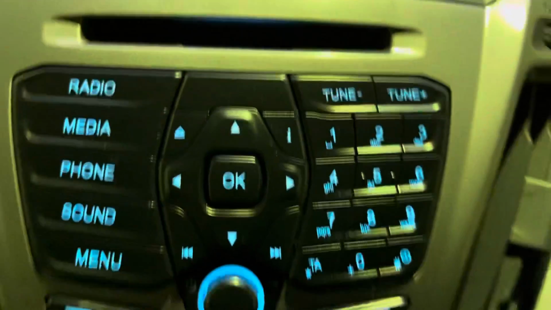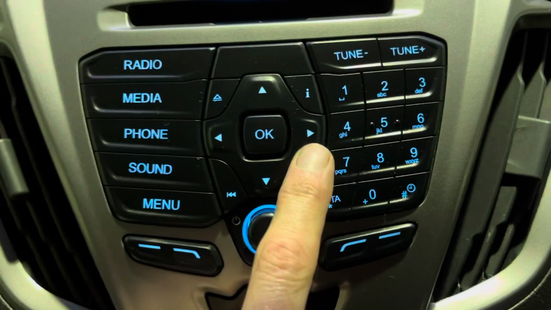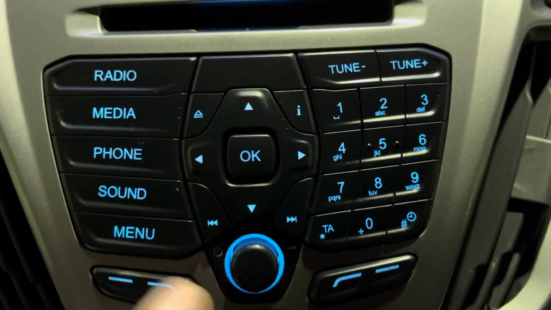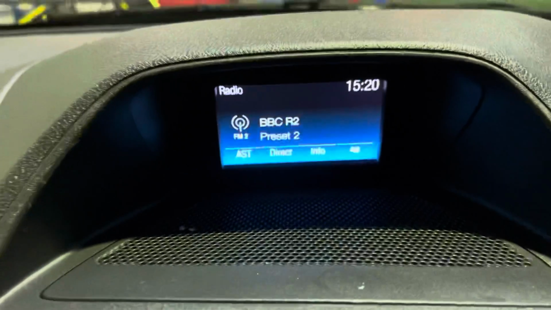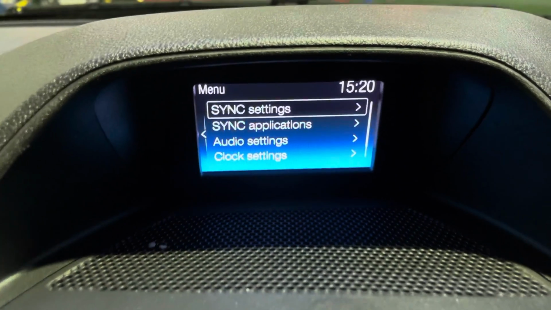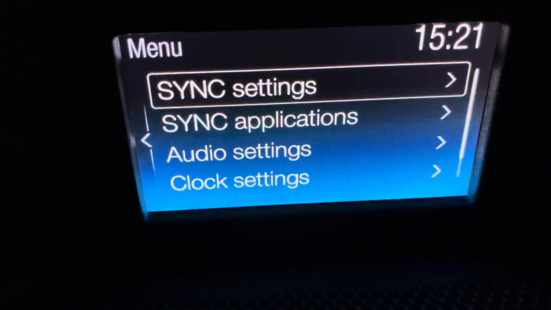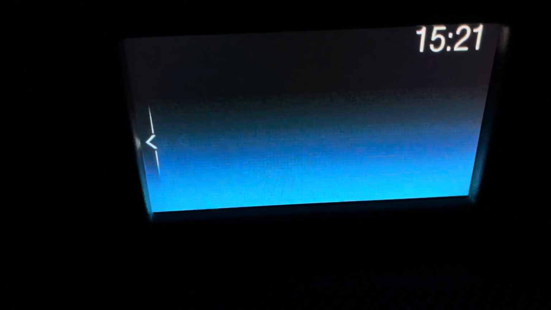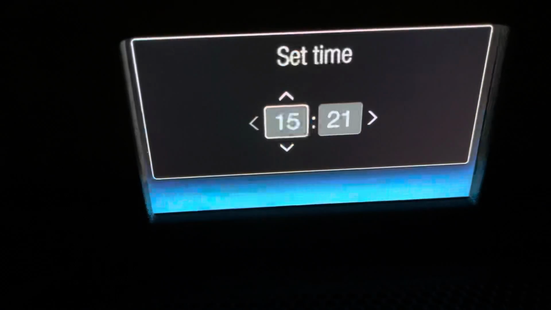So start off, turn the radio on, and we're going to be using the 4 up and down arrows and the OK button in the middle. Okay, so we start with menu, pretty much the last time we'll use that one. Then using the down arrow, we're going to go to clock settings and then right, set time, OK, and then